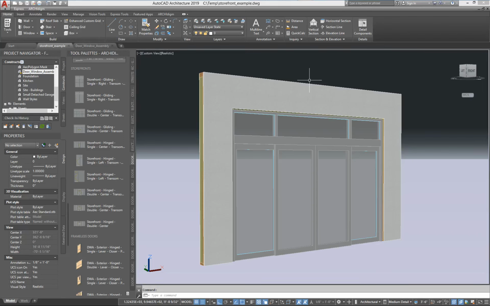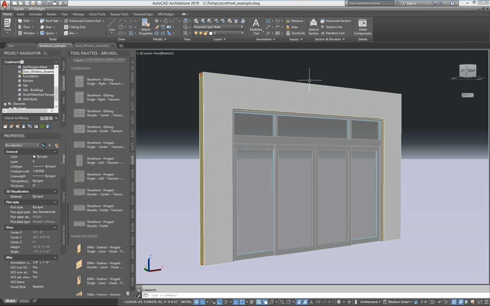Let's take a look at door window assembly styles in AutoCAD Architecture. On my screen right now I have an example of one of the numerous door window assembly styles available in Archidyme's doors and also our Windows content products for AutoCAD Architecture. The example here is a very common entry door for like a grocery outlet or a hospital or an office